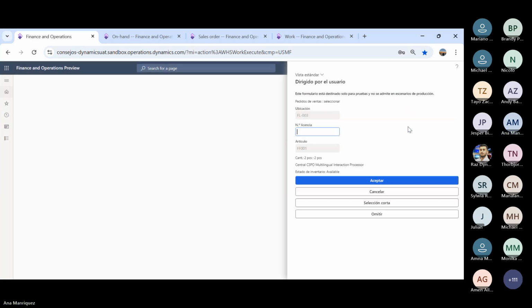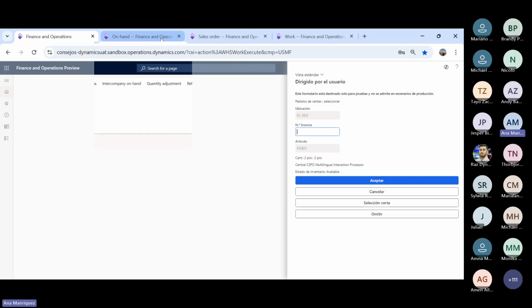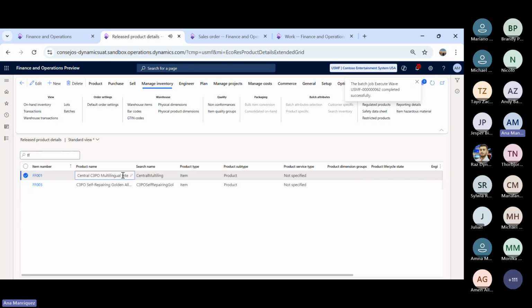Okay, perfectly. You have the first item, FF001, and the number of the plate. The number of the plate is what you send in this shipment. So obviously you have a label with the number of the plate, but I don't have the label, so I search manually